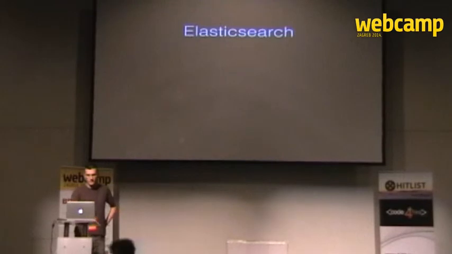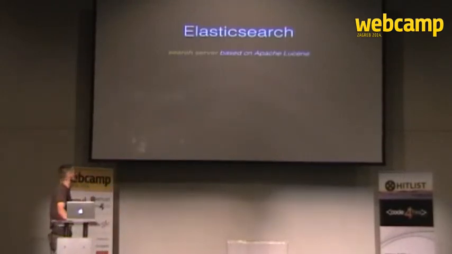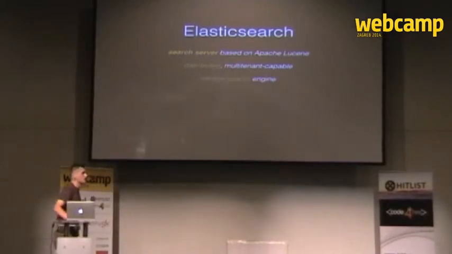So, Elasticsearch, what is it about? It is a search server based on Apache Lucene, so the same engine as Solr is based on. It is a distributed system, so from the start it was designed to be distributed. It is multi-tenant capable,